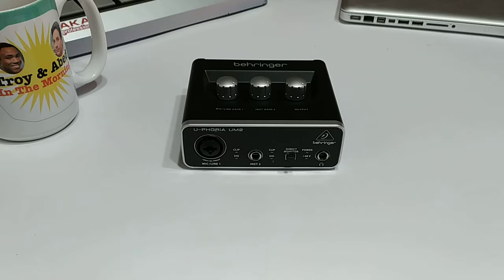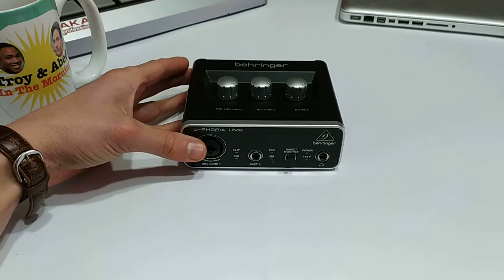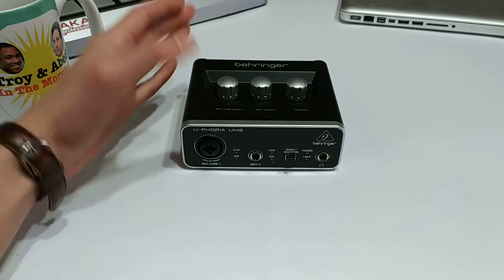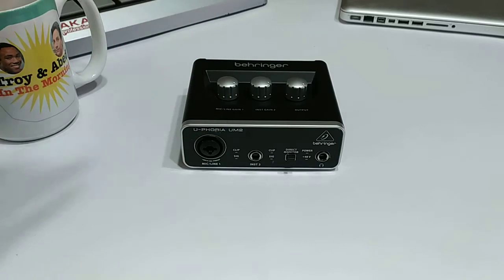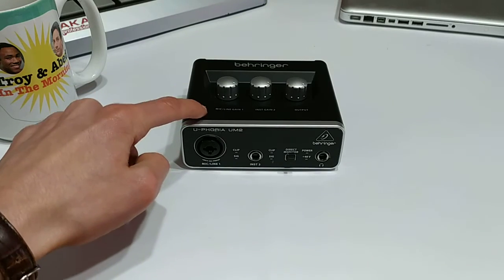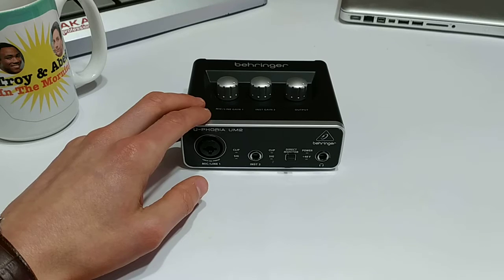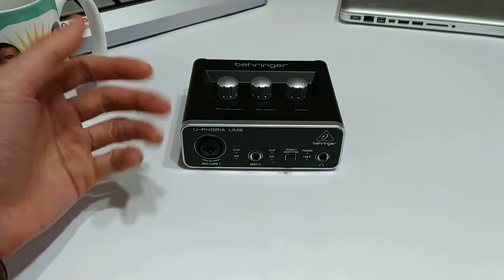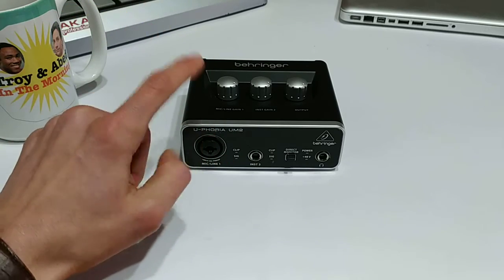Basically, what that means is that you have this little box here that connects to your computer via a USB cable, and it just records audio from instruments or microphones or whatever. So like I said, if you're a musician or a podcaster, you definitely want one of these in your arsenal because, if you're just plugging straight into your computer, you might not be getting the best sound quality. And if you want to have multiple microphones and multiple instruments or whatever, you're definitely going to want to invest